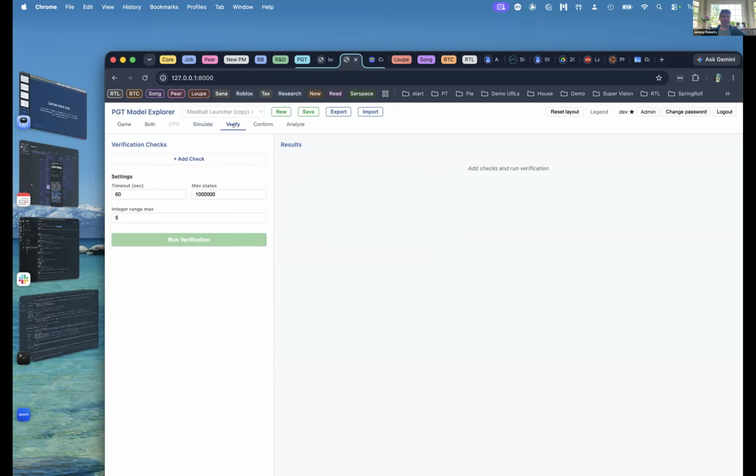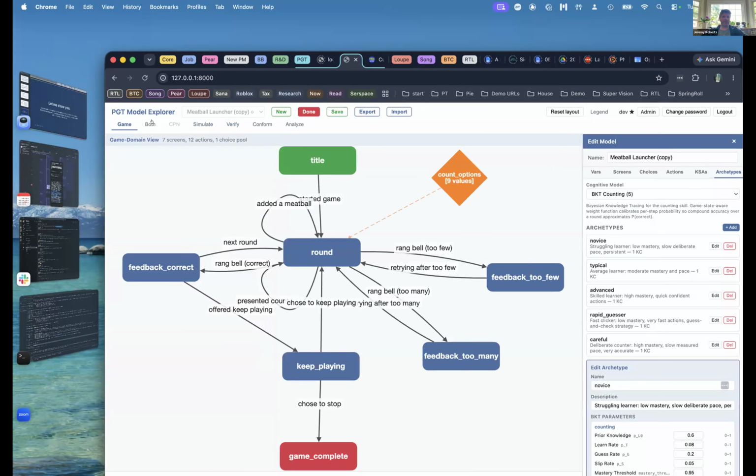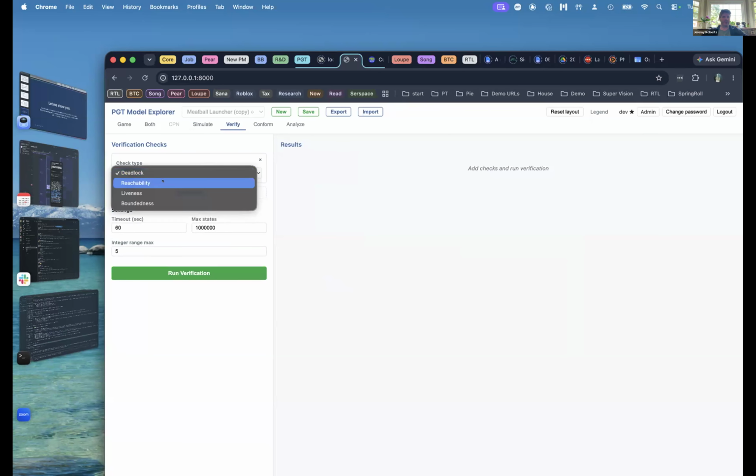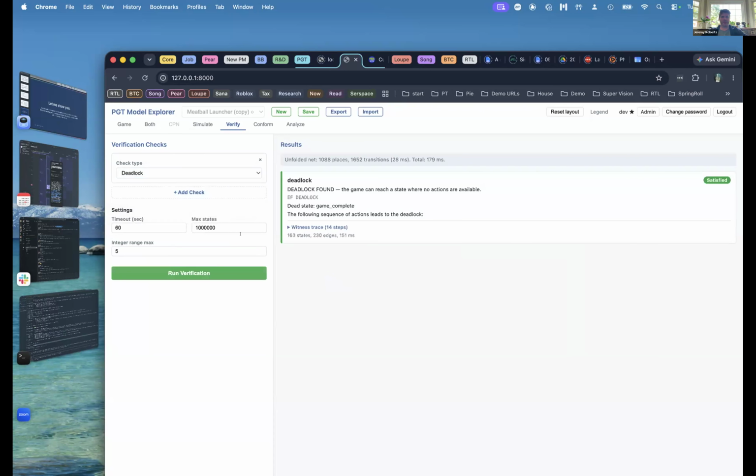I also can verify the model that we're looking at because it has those Petri net properties. I could, for example, add a check where I was looking for deadlock. Are there any places where people are going to get stuck? I could run a verification, and it found a deadlock on the model that I just showed you. Now, in this case, it's trivial. It's saying that the game complete state is a deadlock, which is as expected.